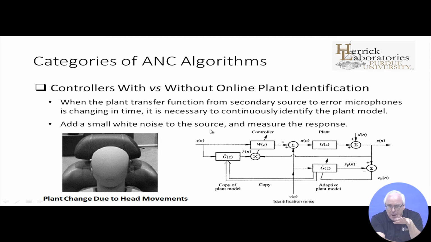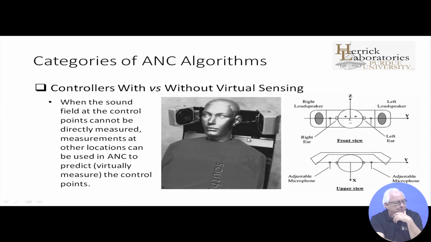So you sort of embed signals that are low enough that they're not obvious to the listener, but nonetheless can be extracted and then used to estimate transfer functions, which can be used to create this virtual sensing situation,